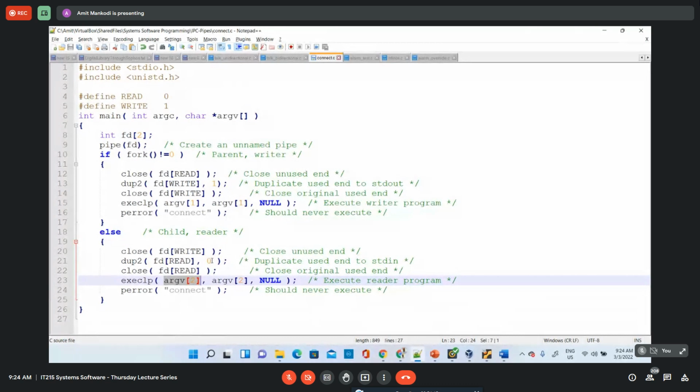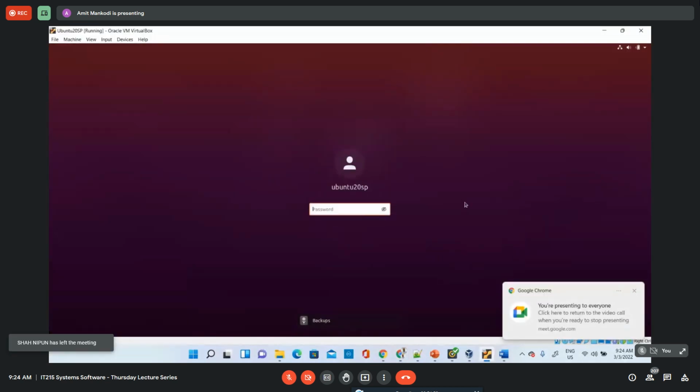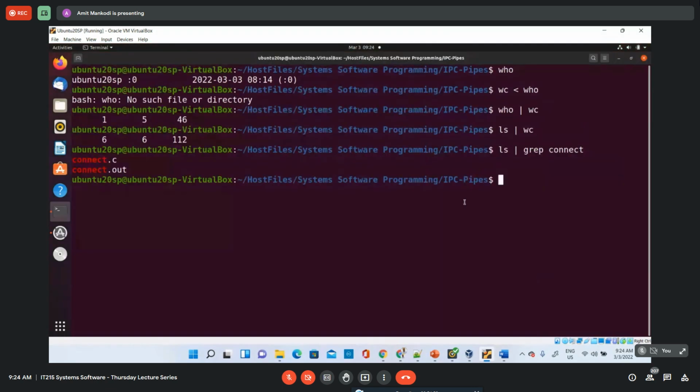Is the explanation clear to you? Okay, let me run the code. So you can see what outputs we are getting here. And if I run our own application,